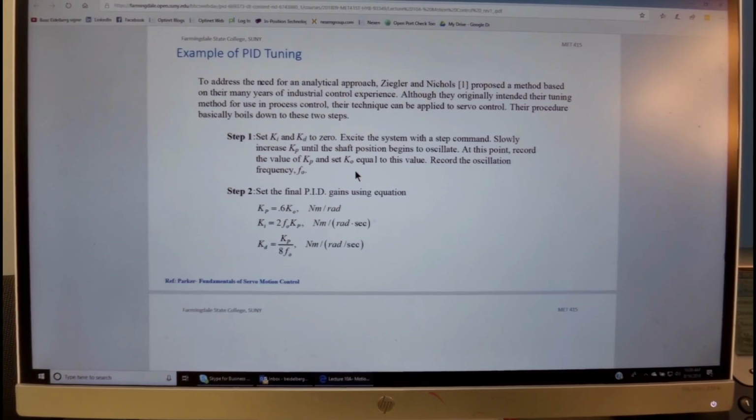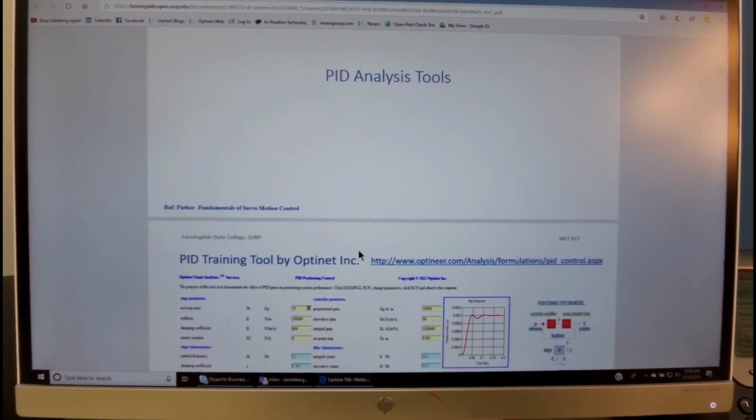Then we define that gain as K0, and the frequency at which it happens as F0, and we set Kp, Ki, Kd according to this formulation. For example, Kp will be 0.6 K0, and Ki will be 2 times the frequency times Kp, in Newton meter per radians per second, and similarly for the Kd.